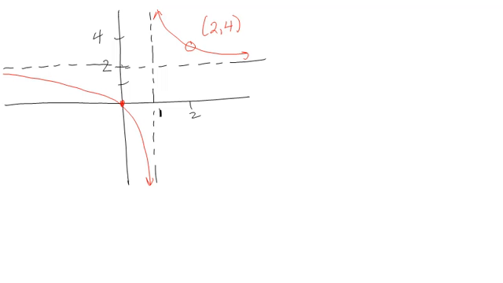What we have here is a graph of a rational function, and I'm going to help you find the equation of this rational function. So there's a couple of features. The first feature you will notice is that there's a vertical asymptote, and the vertical asymptote happens